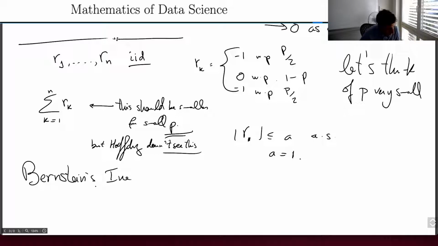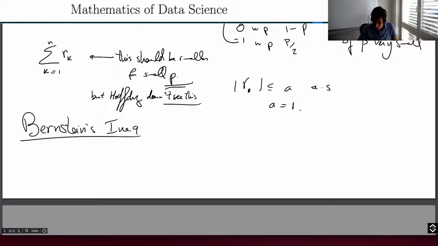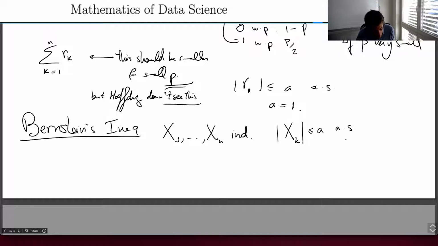says the following. This is one of the most useful inequalities for sums of independent random variables. It's the one I use all the time, and most people working in these things use it most of the time. So I have random variables xk. They need to be centered. Let's state everything: x1 through xn independent, and let's say all the xk's are almost surely smaller or equal than some a, and crucially,